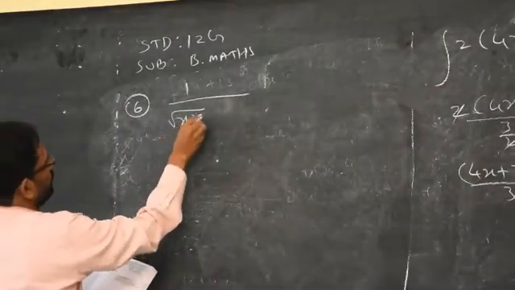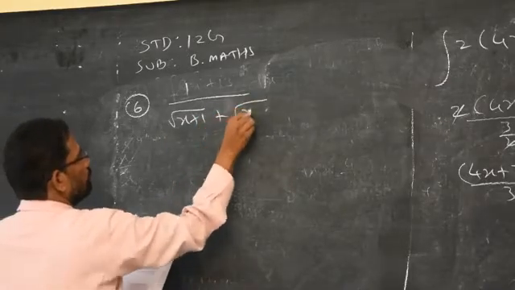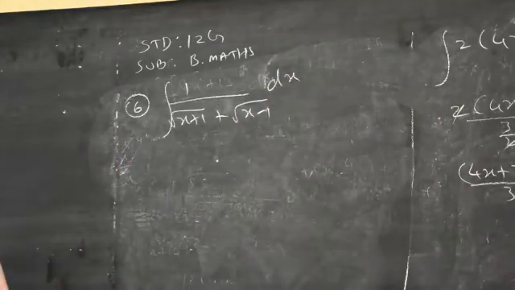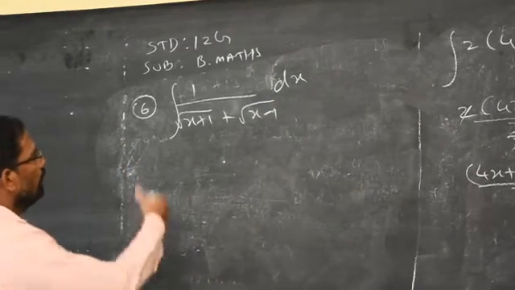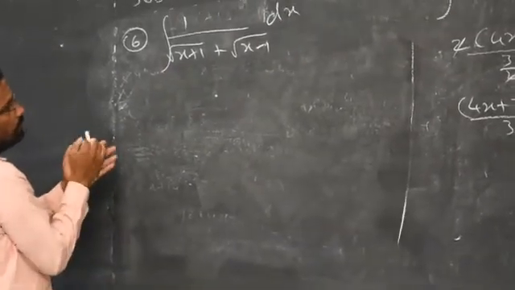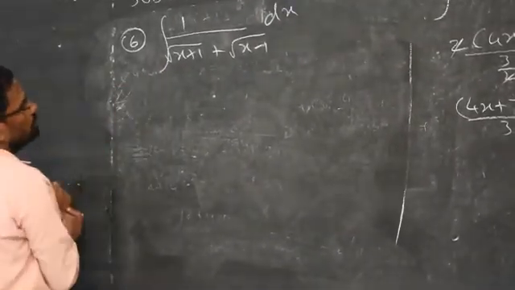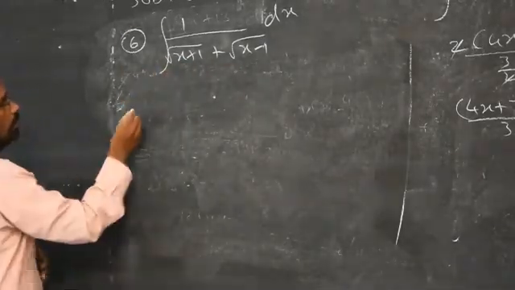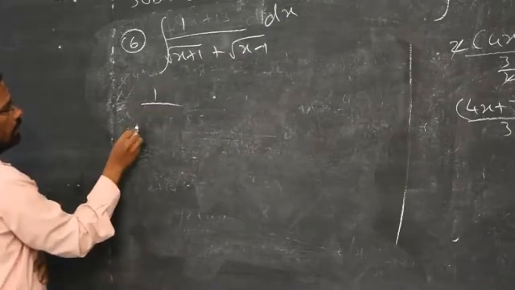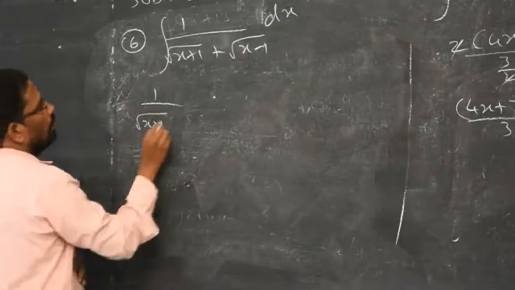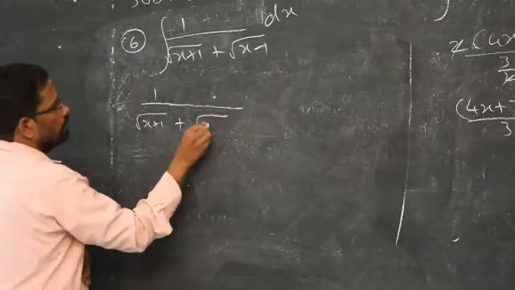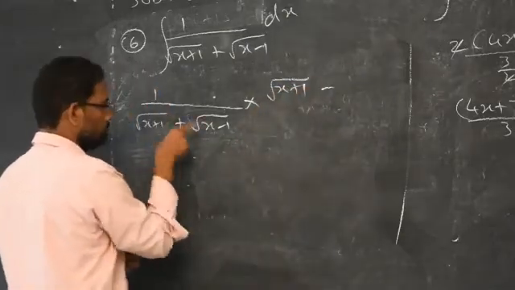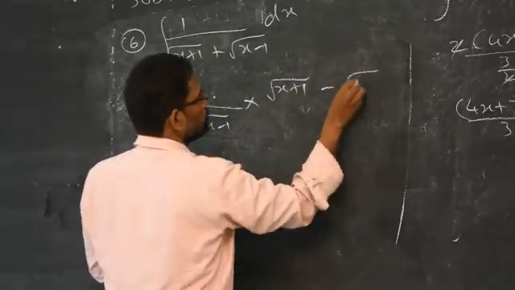Square root of x plus 1 plus square root of x minus 1. It is the radical format. If it is given in radical format, you have to rewrite it into terms. I told you already, it is not term wise, in the denominator you have two terms, and inside the two terms you have two more, but inside the square root. So it is better to take the conjugate. 1 by square root of x plus 1 plus square root of x minus 1. Conjugation is changing the sign in the middle between the two terms.